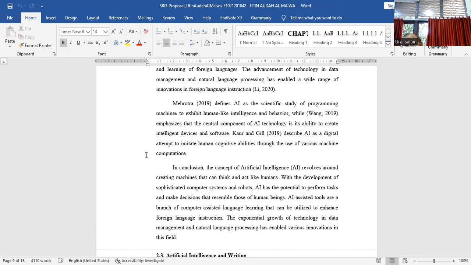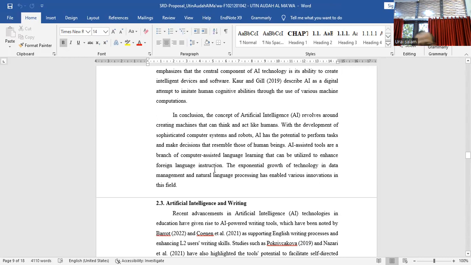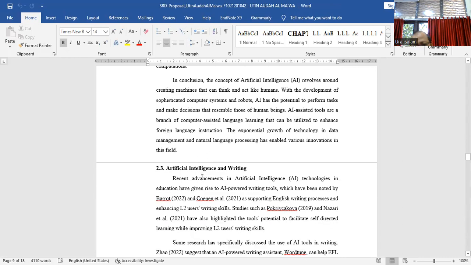For paraphrasing tools, it would be APT, if for example, artificial paraphrasing tools or something. And the last one, the latest development, is the large language model. Large language models.